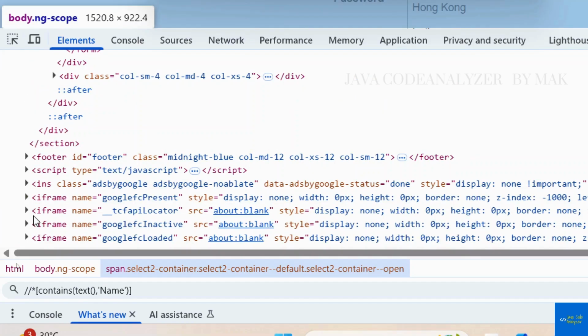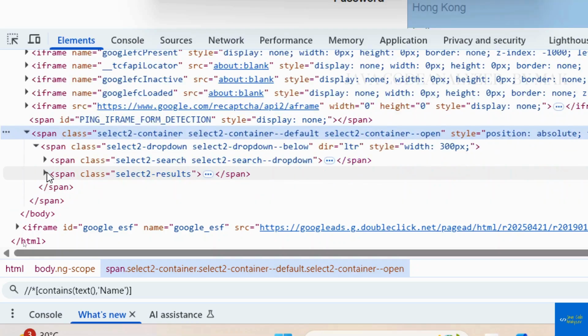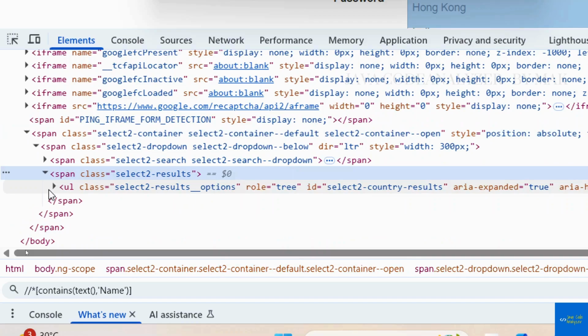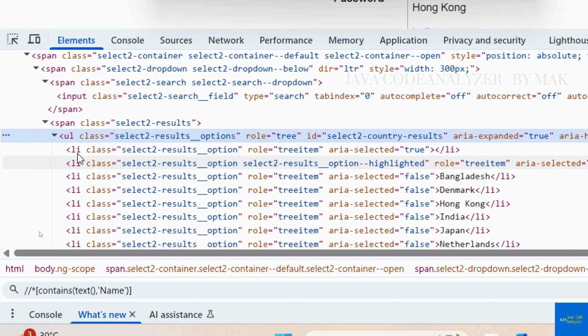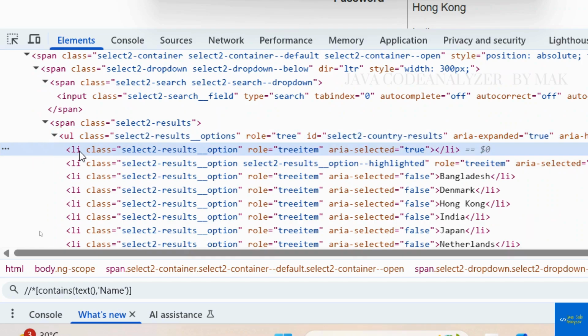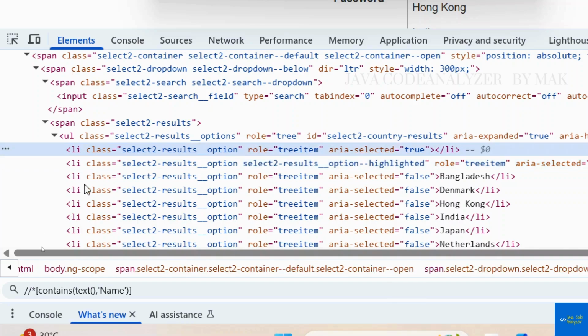So this is the relationship with respect to an XPath. For example, if I open this span and go inside it, it's here. So these li tags are all siblings. If you consider this one, all of these are the following siblings. If you consider this tag, then there is one preceding sibling and all the others are following siblings to this